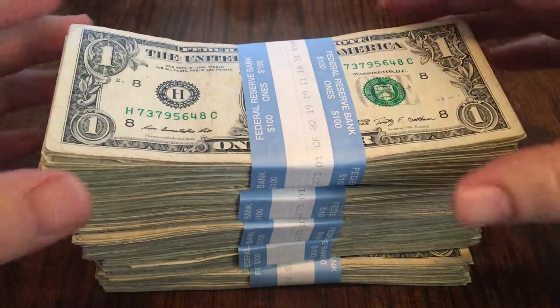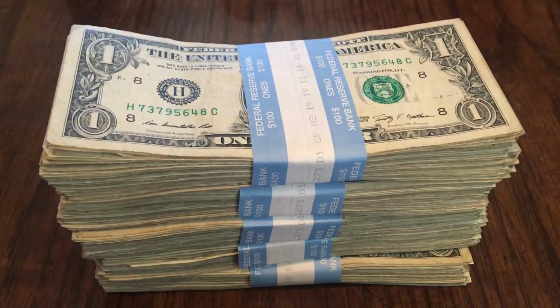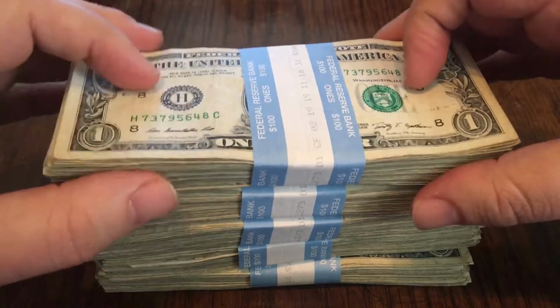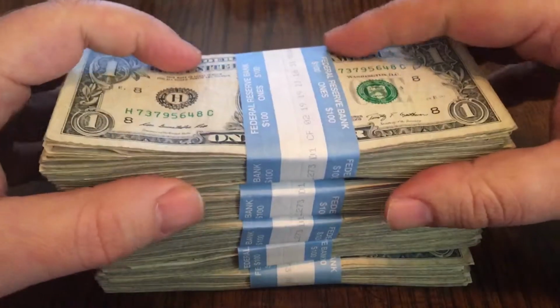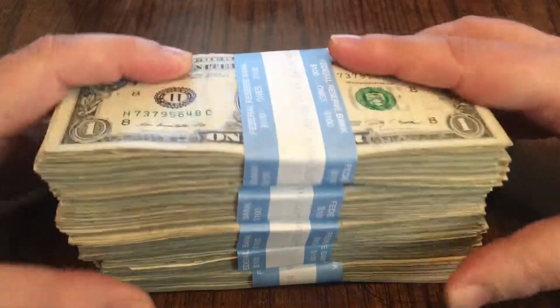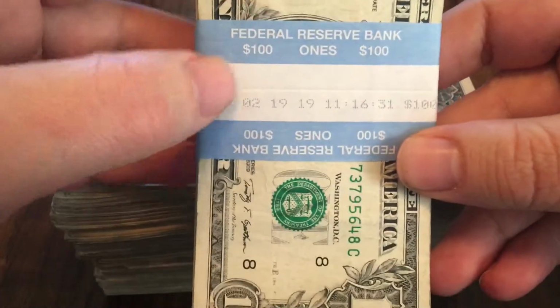The Federal Reserve itself actually will take that cash, they will go through it. If there's stamps on it, if there's writing on it, if the bills are in poor condition, if they're dirty, if they're wrinkled, the Federal Reserve will trash all of those bills. What they will then do is they will repackage the bills, like these stacks here, and you can see that these are definitely all used bills. They are circulated bills. They put them back into circulation, and it's nice because you can see exactly when it